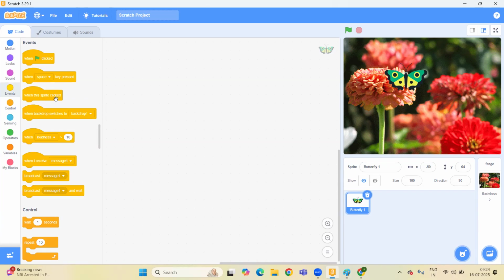And if I want to use when this sprite clicked, whenever we click on the sprite, our code or instructions are going to run, right? So we can take any event. It completely depends upon our choice, whatever event I want to take for running my project.